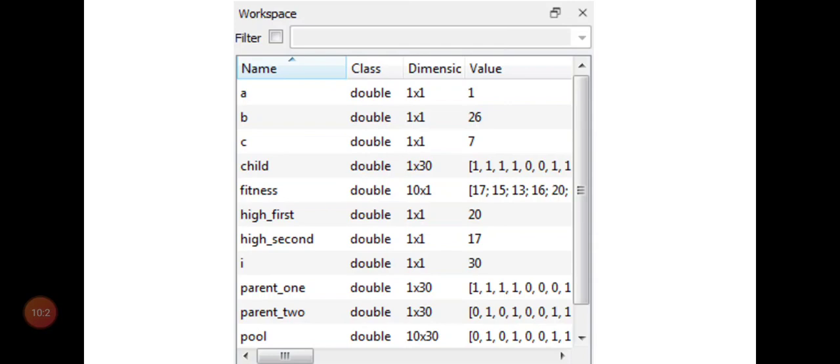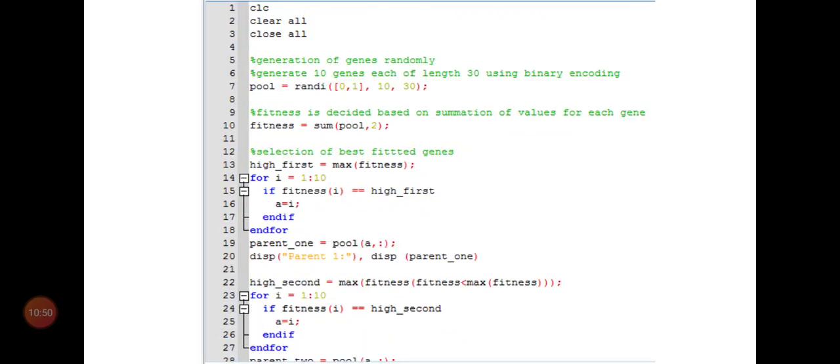Now let's see the workspace. I am going in the chronological order of the naming of the variables, not by how they are generated in the code. Okay, so here is A. A is a variable that we needed for storing the highest fitted and the second highest fitted genes and the index value.